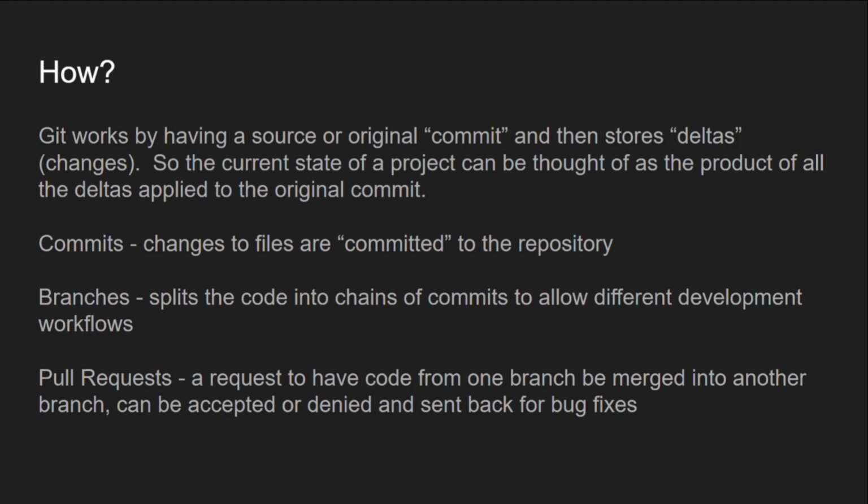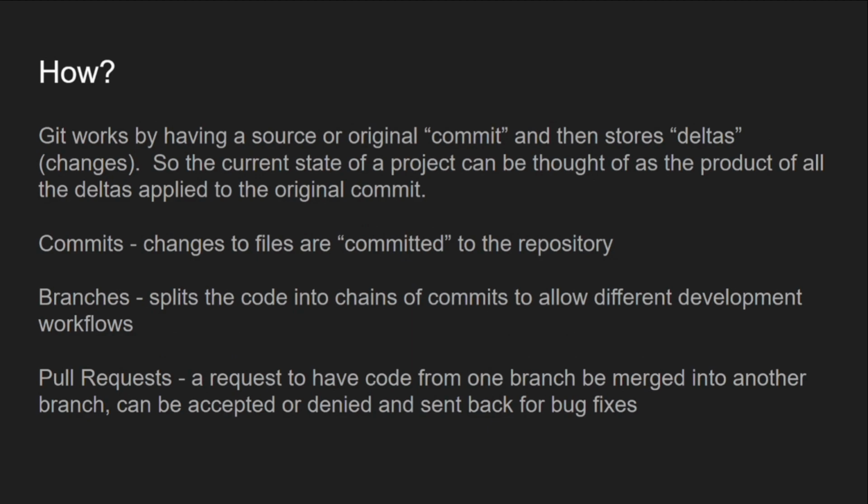As far as a 30-minute intro to Git workshop goes, the three things you're going to want to worry about are commits, branching, and pull requests. Well, you might not have to worry about pull requests at a game jam too much, but commits and branches for sure. So, the changes we were talking about: every time you write a bunch of code and you save it and you want to commit it to the repository, you perform a commit.